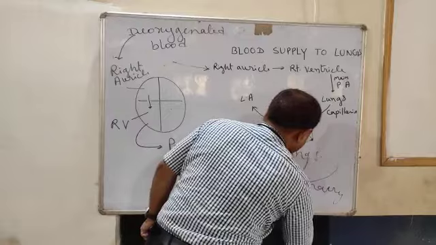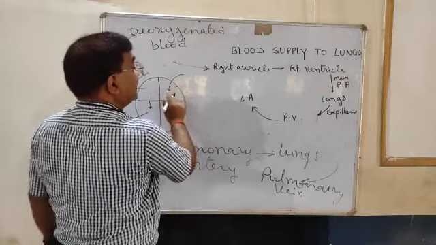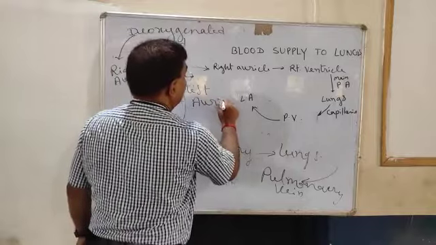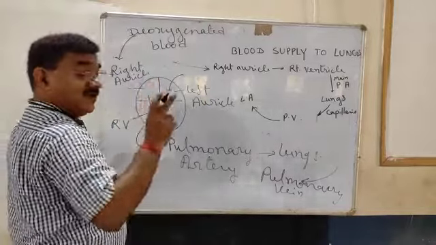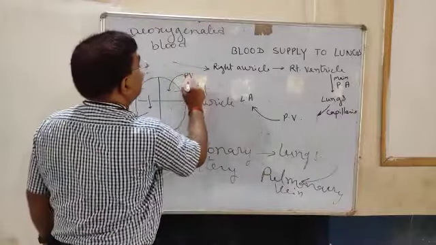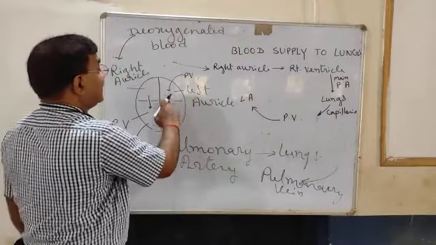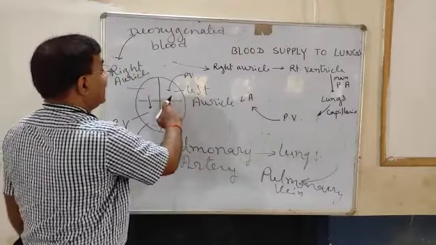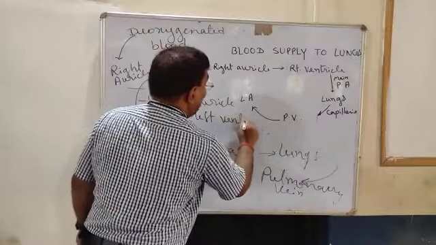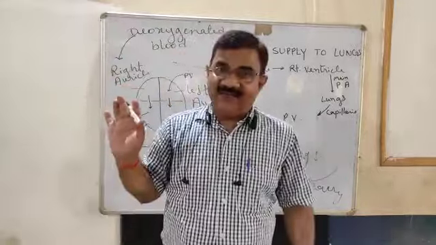And again, through the pulmonary vein, from the lungs, this oxygenated blood will come and will enter here, and it is the left auricle. It will enter the left auricle, oxygenated blood, and came by the pulmonary vein. In short, I am writing PV. Through the pulmonary vein, the oxygenated blood will come to the left auricle. The left auricle will pump and it will go to the left ventricle, and the left ventricle now will pump the blood, oxygenated blood, to go in the body.